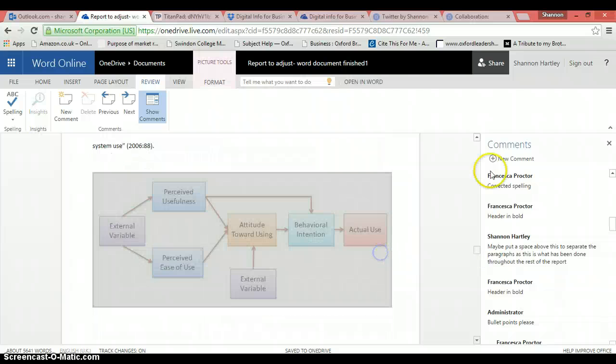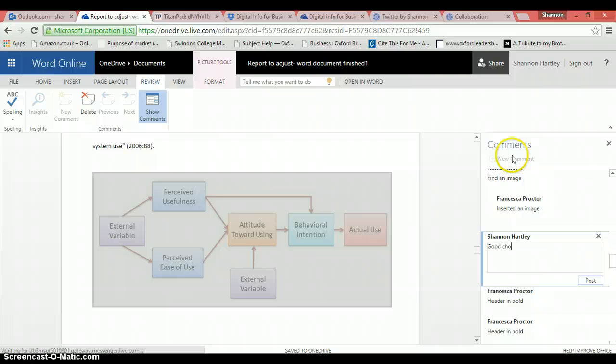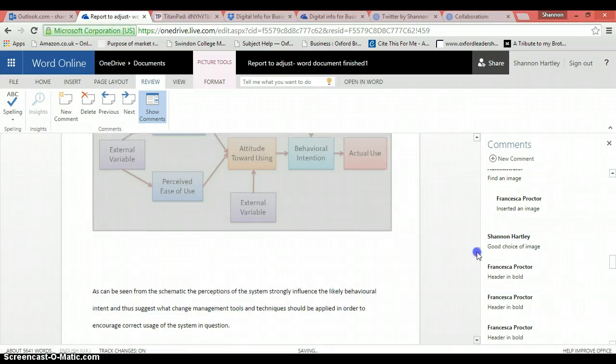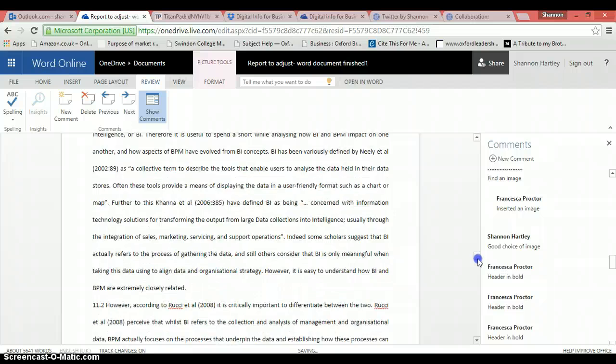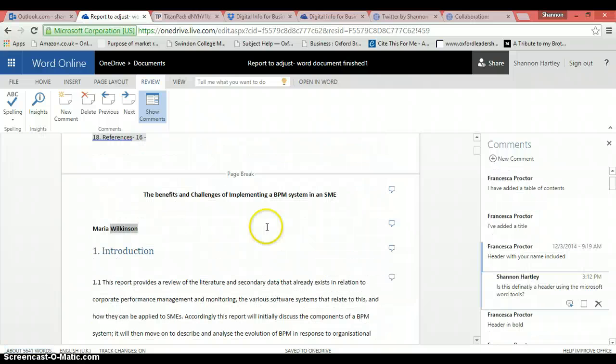So I can comment on this and say, good choice of image, post. Here. So I'm just going to write a few comments and then I'll show you at the end.